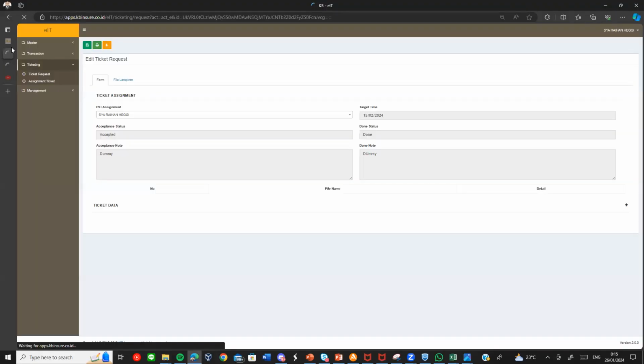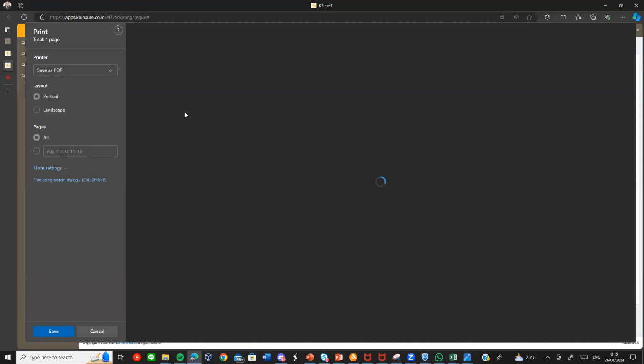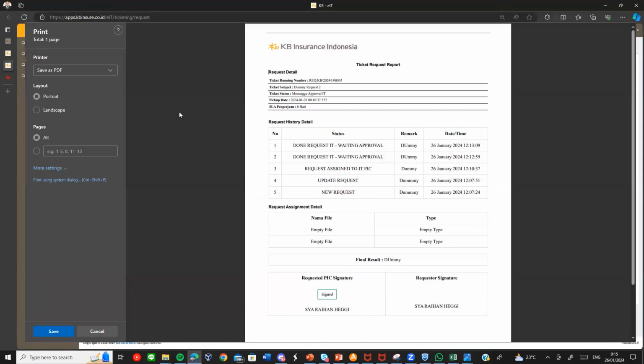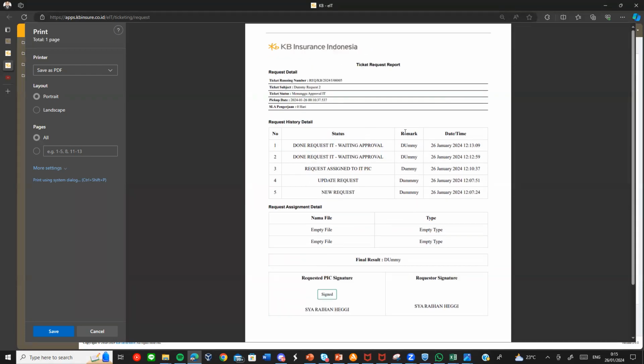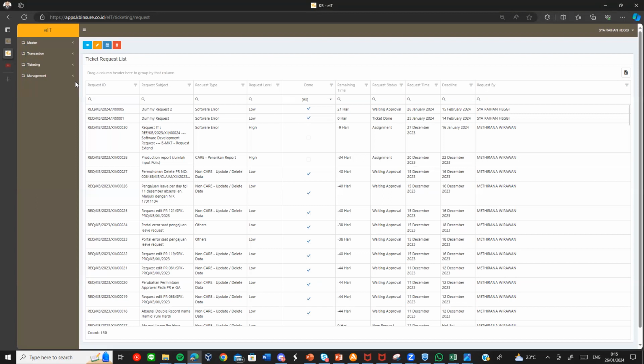After that, we can create the report if the task is already sent and waiting for approval. Because if the task is waiting for approval, it is actually done, but needs confirmation for the head to know the task is created. This is for the example. It will show the report, an individual worksheet, and the data will be inputted like this. And this final result depends on the description we added before.